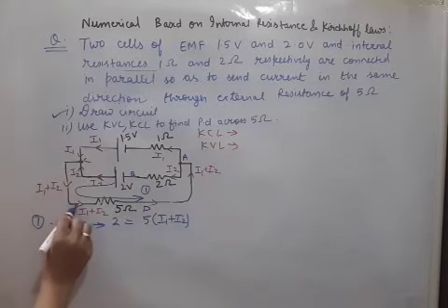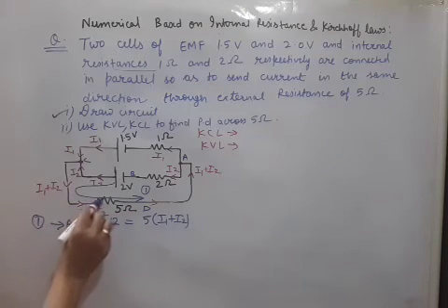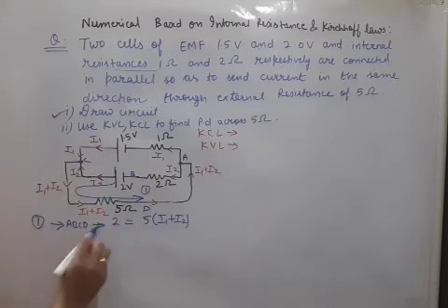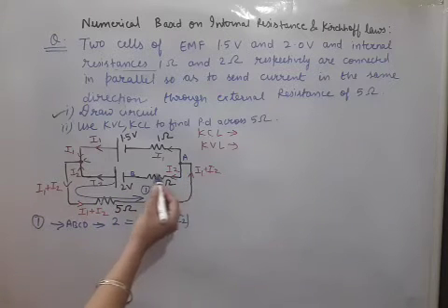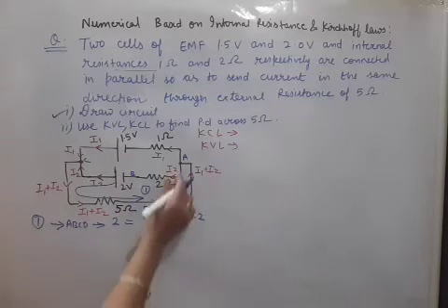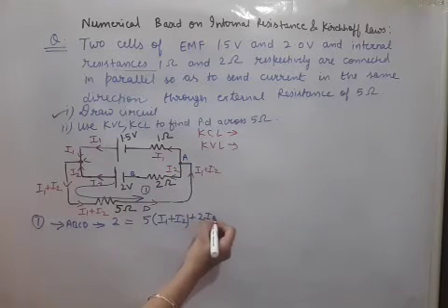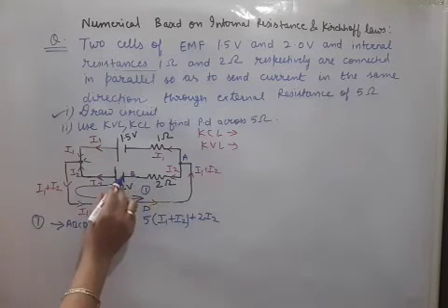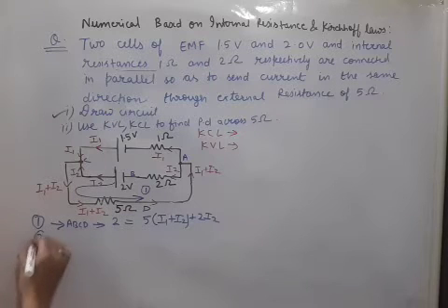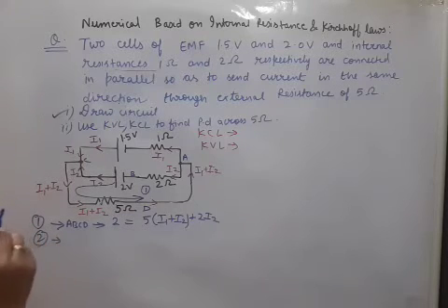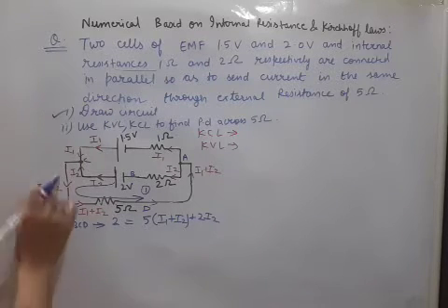Same direction means our red color current direction and this blue color current direction are the same. Blue one is positive current. The next resistance appearing is 2, in which the current is I2 and the current is flowing in the same direction, so positive only. After that we will apply the KVL equation for the second loop.